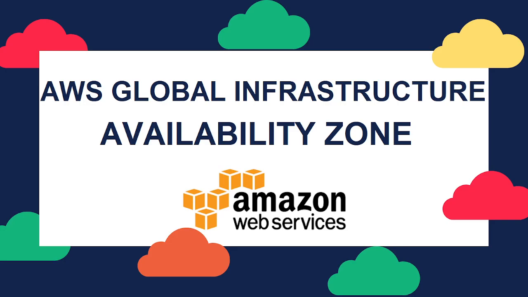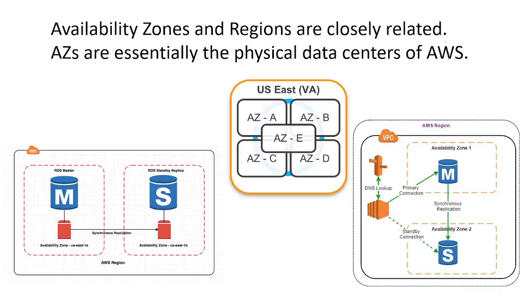Today I'm going to explain the AWS global infrastructure availability zones. Availability zones and regions are closely related, and availability zones are also known as AZs. AZs are essentially the physical data centers of AWS. This is where the actual compute, storage, network and database resources are hosted that we as consumers provision within